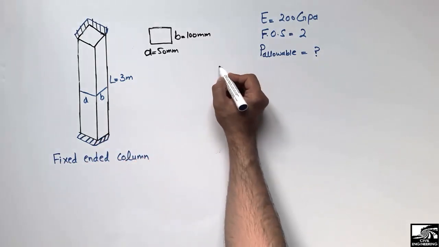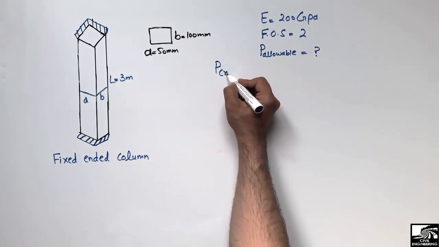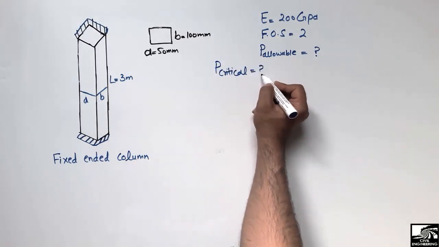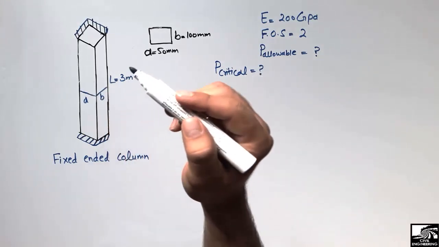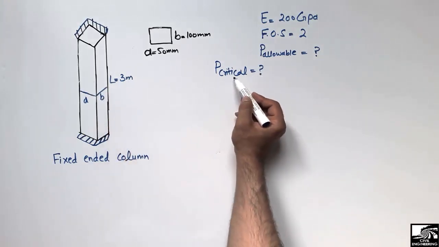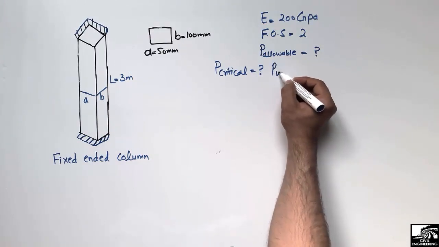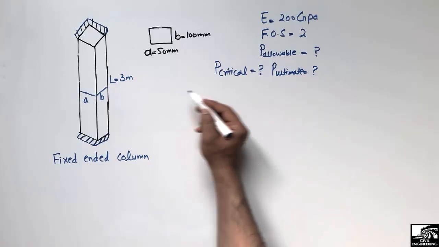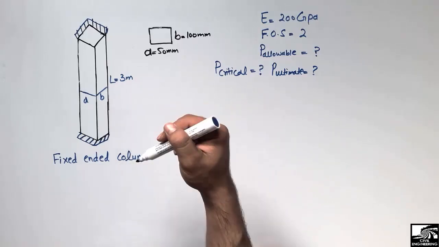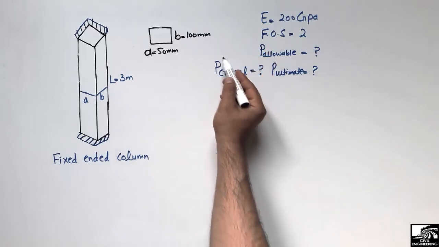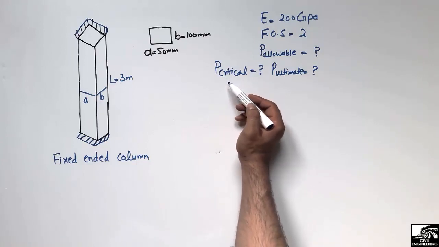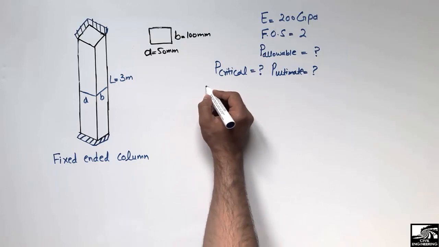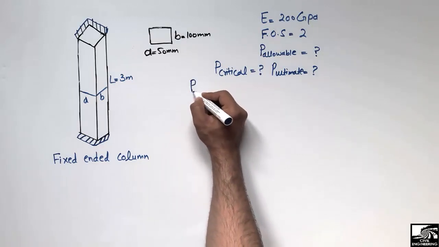So first of all, our main task is to find out the P critical, that is, the maximum load that this column can take without any failure, without any buckling of this column. P critical is also called the P ultimate. It is the load at which the column starts to buckle. So first we have to find out the P critical and then we can find out the allowable load from the P critical. To find out the P critical we can use the Euler formula,